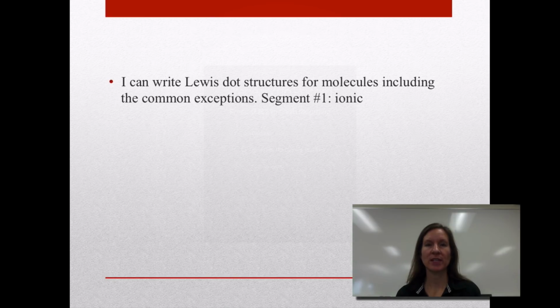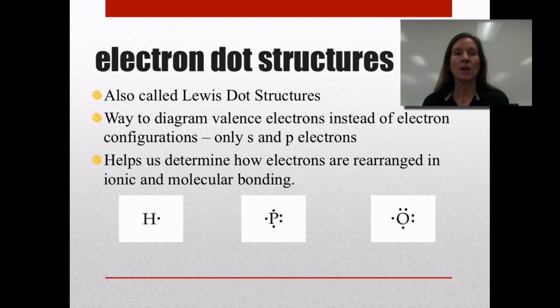This learning target will be broken down into 3 separate videos, learning how to write Lewis dot structures. This first segment of the video will be on how to draw Lewis dot structures for ionic compounds. So essentially a Lewis dot structure is a way to represent on paper what the atom is going to do